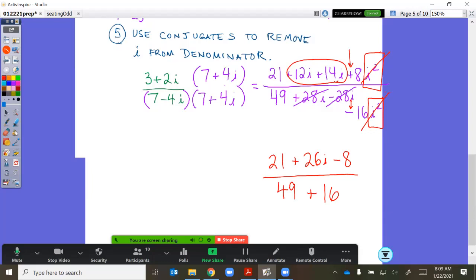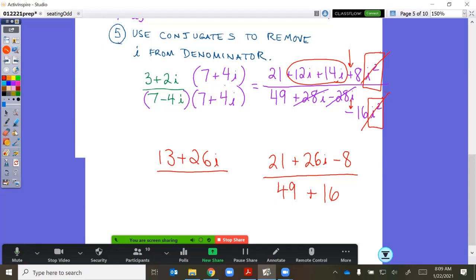The last thing on the top, last thing on the bottom, I changed both signs because I got rid of the I squared. The I squared just left, but first it changed the sign. Okay, then I'm going to clean that up. 21 take away 8 is 13, plus the 26i still. And on the bottom,